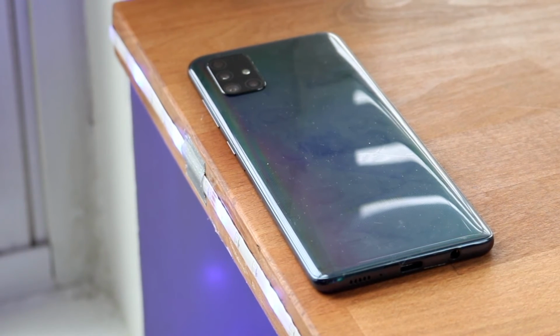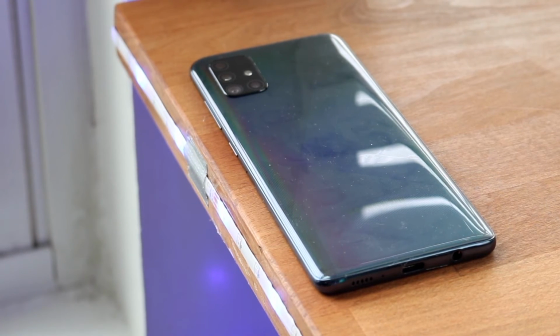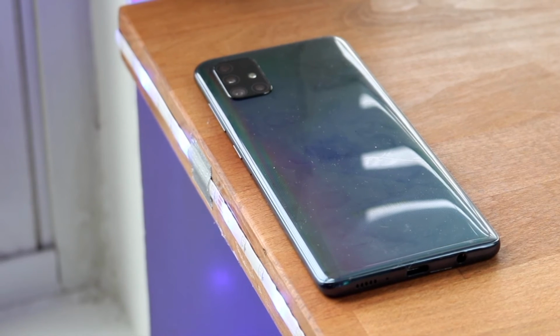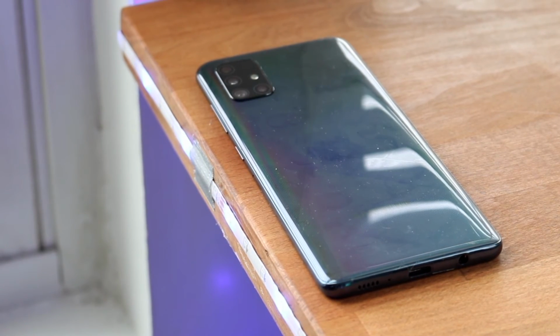So it kind of goes hand in hand. The software, for me, is kind of a downside, but the battery life is one of those things that makes up for it in some ways. So that's another plus point in my opinion. So in terms of that, that pretty much covers it. Now,